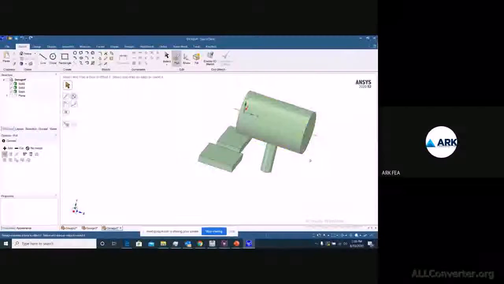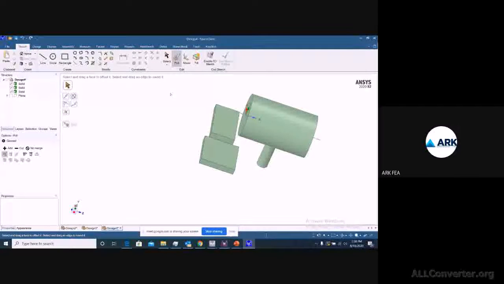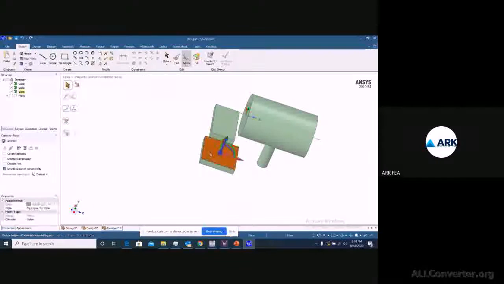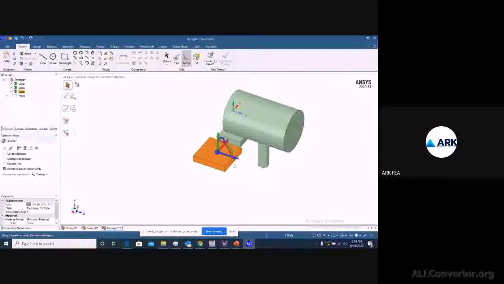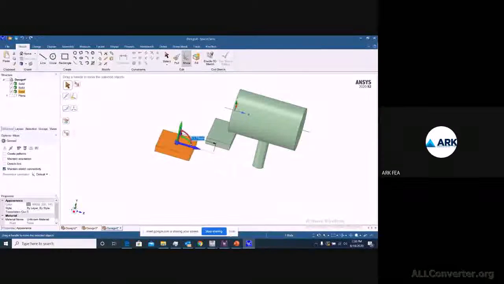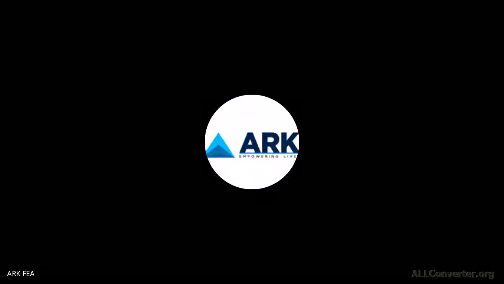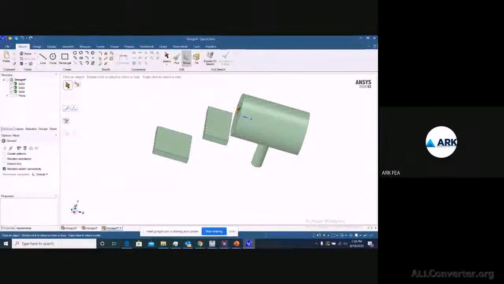If I have to move any of my objects with respect to another object, earlier we have seen how to move a plane, but using the same move tool you can move any of your geometry. Three times left click of your mouse button, you can select the entire geometry and move it anywhere you want. So this tool can help you in terms of assembly as well, right?